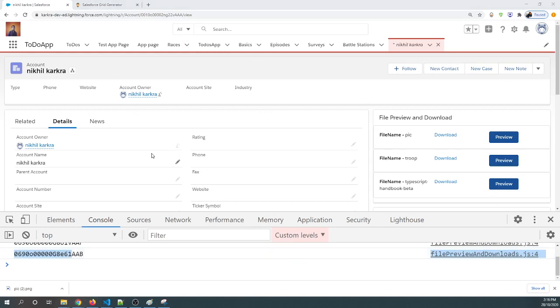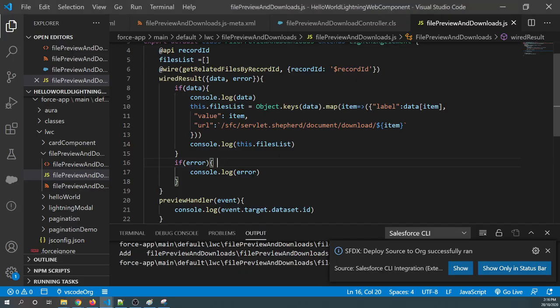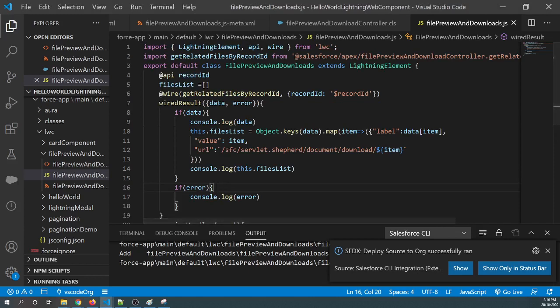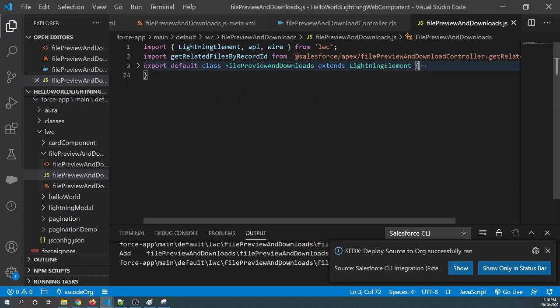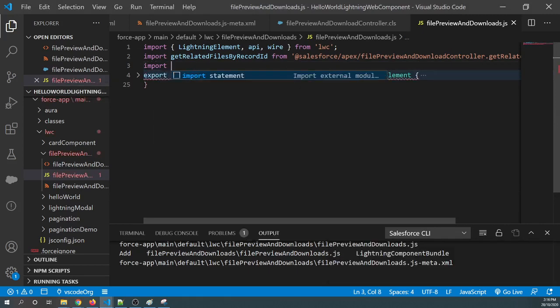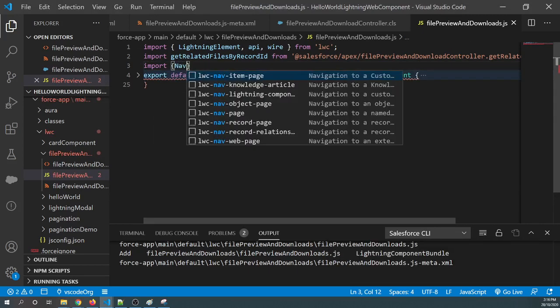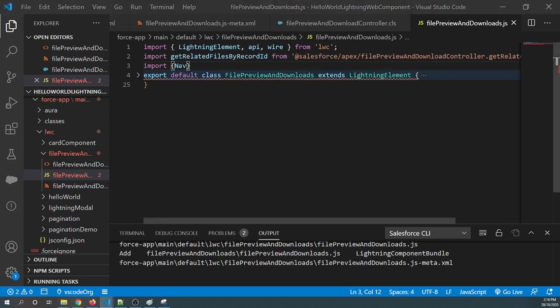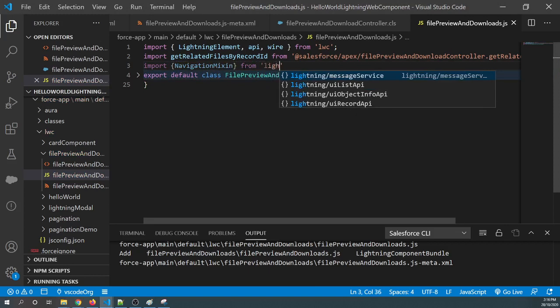Okay, so let's go to our VS Code. And to achieve this scenario, we're going to use the Salesforce Lightning Web Component navigation system. To use the navigation, we first have to import the NavigationMixin from lightning/navigation.